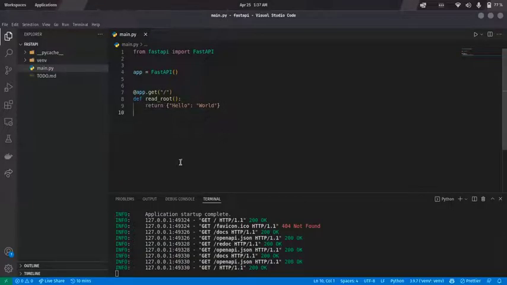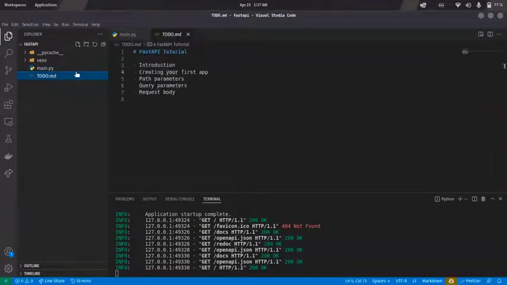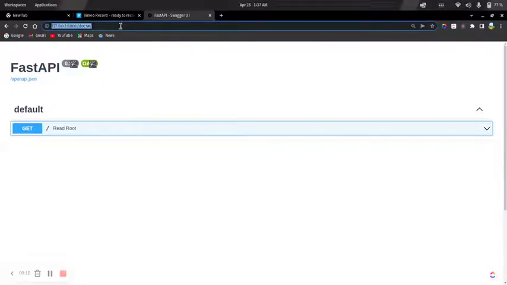So we have written our first sample application here. So I think we have this one done and this one done also. Then we are going to discuss path parameters. So sometimes